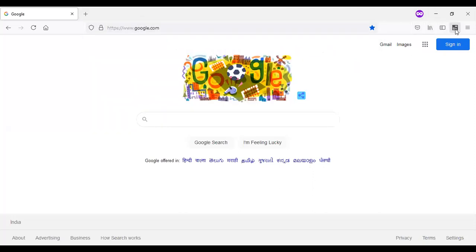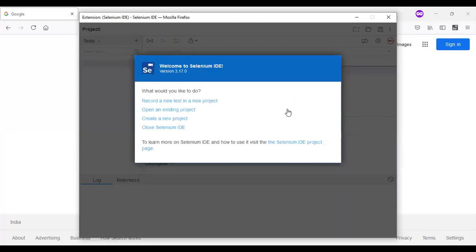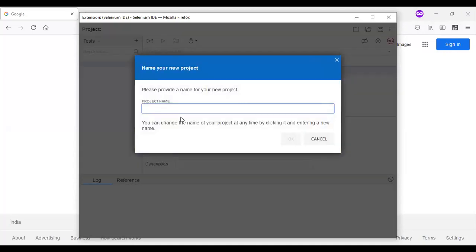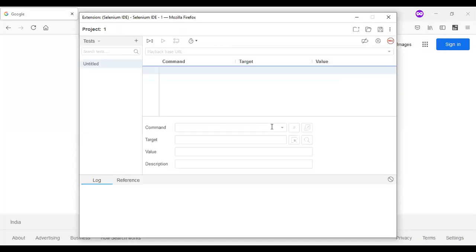If you see here, this is an add-on, the Selenium IDE. Just click on that. Are you able to see, ma? Please answer in the chat box. So, welcome to the Selenium IDE. Create a new project. I'm giving it the name 1. For what I need to record, I need to provide the application address, or URL, here.